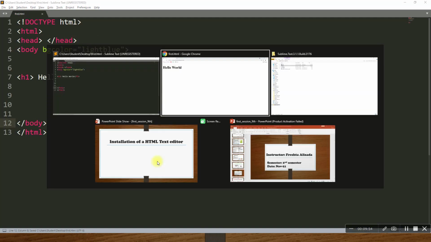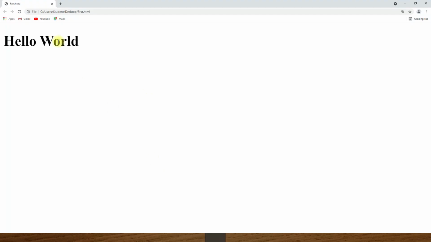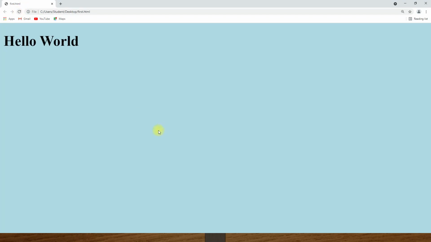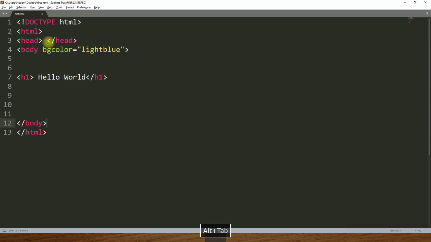Then we go to the web browser, and I refresh. Could you see? Now my web page is what? Light blue. I don't like this color for my text. So once again, we go to our code, and this is where I wrote the text. I bring some changes here, like I want to change the color of